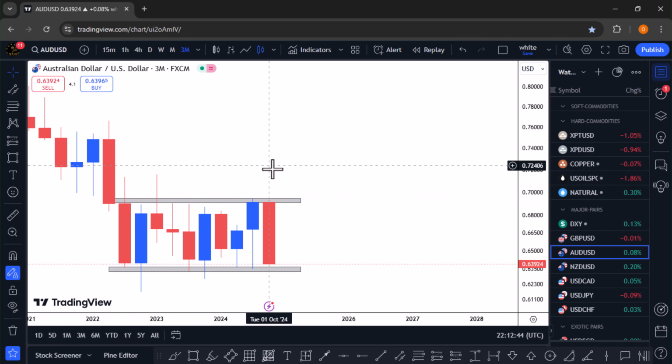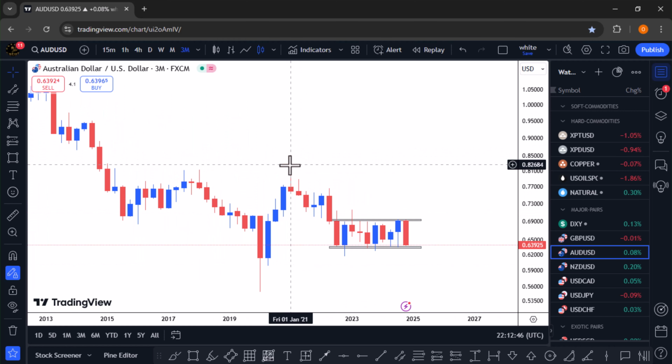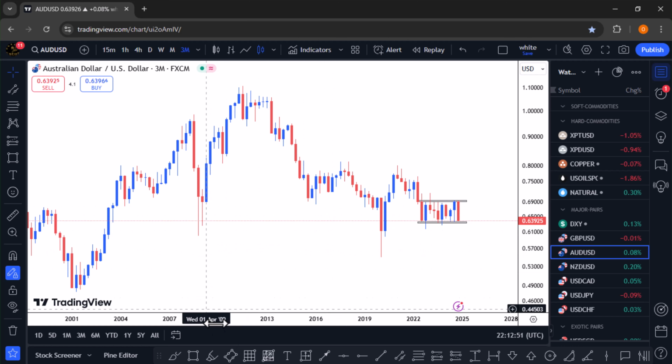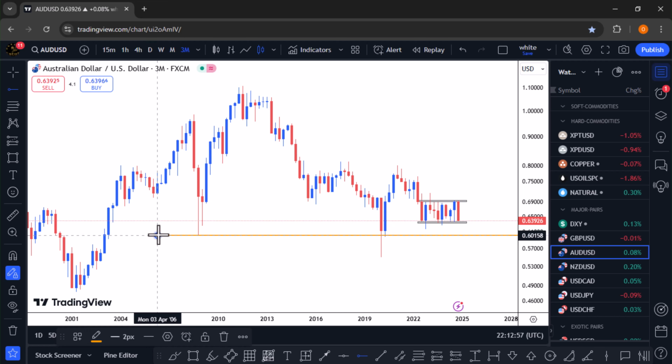Okay, now we all know in this market we are in a downtrend, and we have another major key level of support here. We have a major high here. So these are the major highs in this market. So we need to understand that. Now once we have that level,